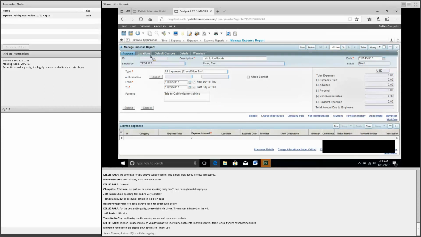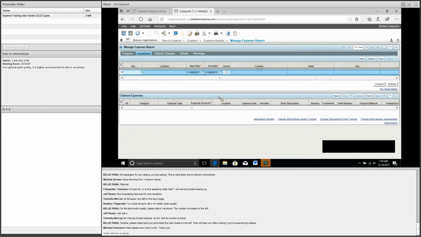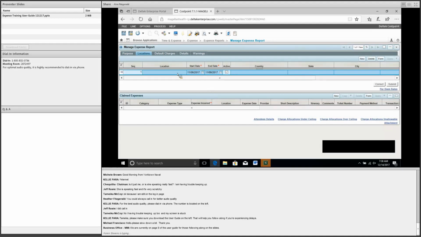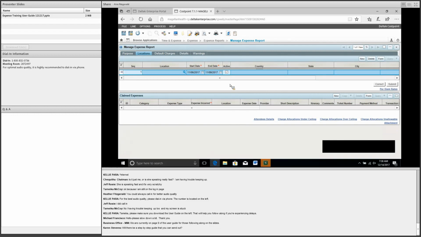Once you've completed that, you go to the Locations tab, which is located at the top of the expense report. The screen will display a new line. If you have existing locations, you can do a lookup in the location field. A magnifying glass will appear, and any frequent or favorite locations will appear here. If you haven't traveled to this city recently or ever, you can come over to the right-hand side, and I'm actually going to